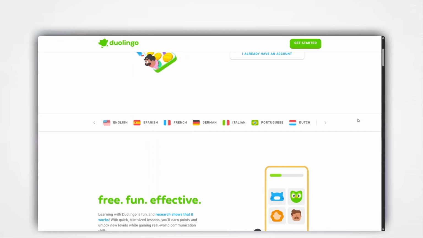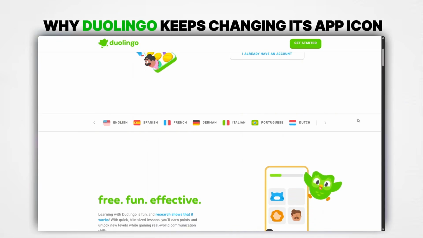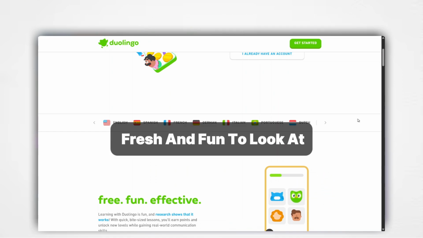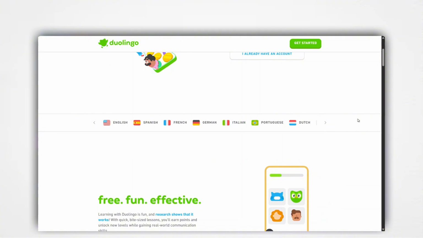Hey guys, in this video, we are going to show you why Duolingo keeps changing its app icon. The Duolingo app often changes its icon to give users something fresh and fun to look at. Each update brings a new expression or theme, showing Duo the Owl in different moods like happy, tired, or even funny. These icon changes are part of Duolingo's creative way to keep learners engaged and motivated to use the app